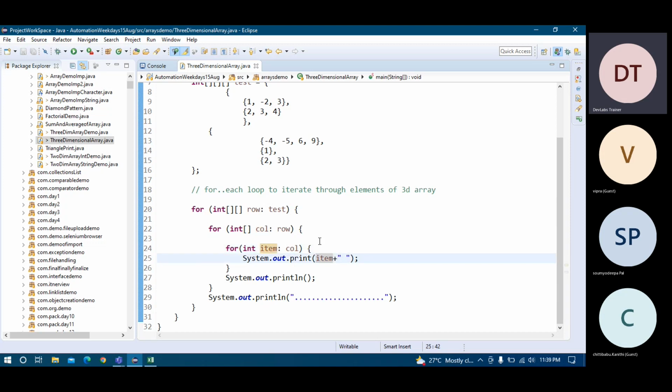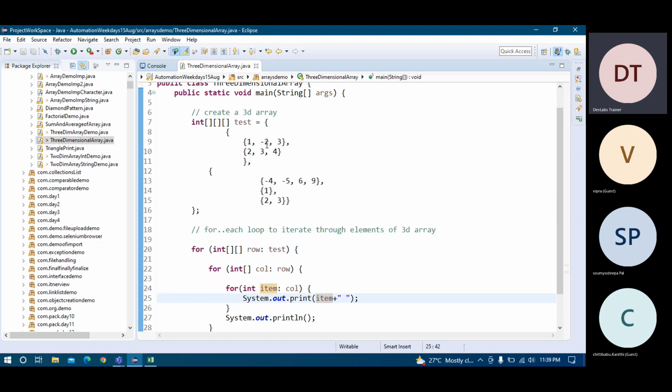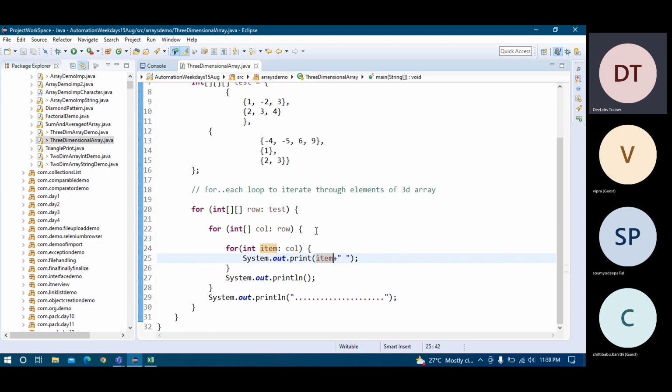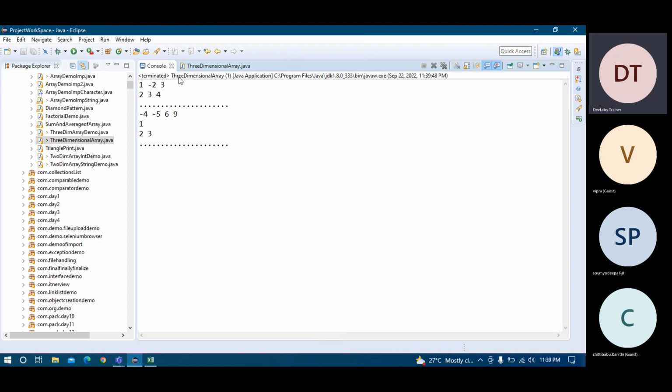This is an advanced for loop, and if you try, it will print the same thing. That's how you print in this way, the last one. The table will give you rows, and a row will give you columns. On the basis of that, you iterate the column values and then print the columns, one by one. Let's run it and see whether it is working or not. So it is also working.